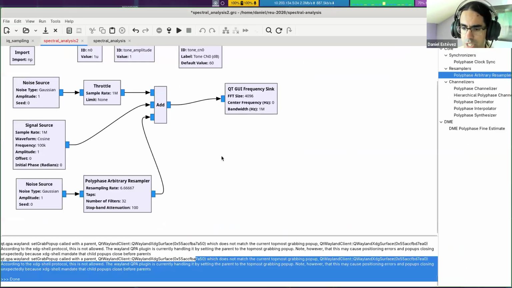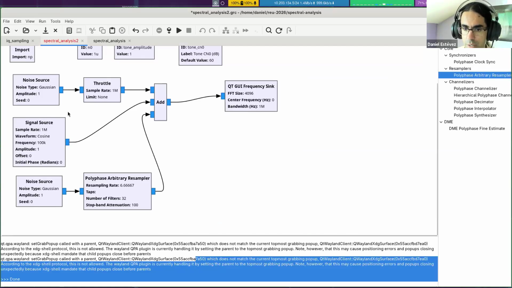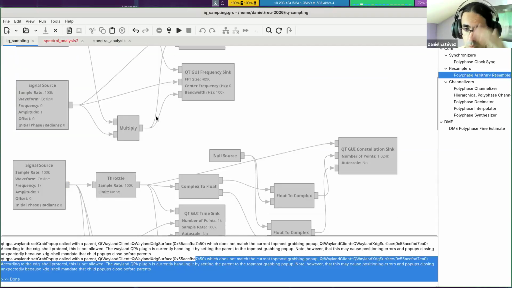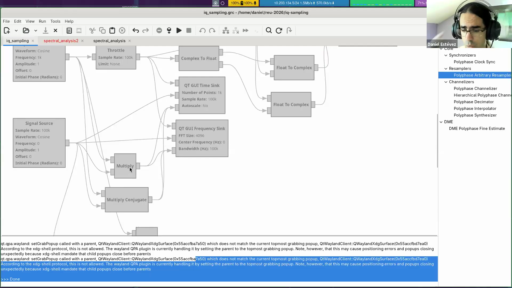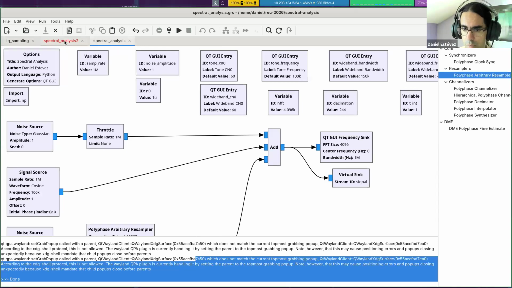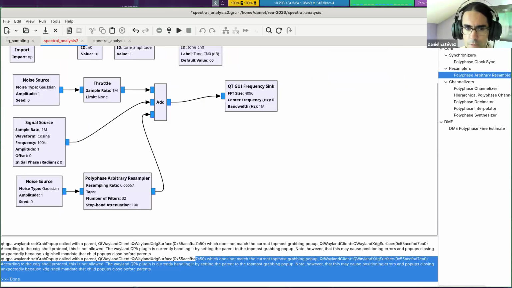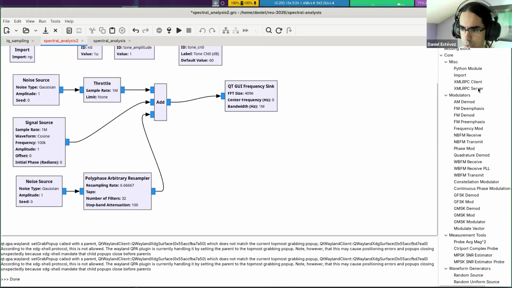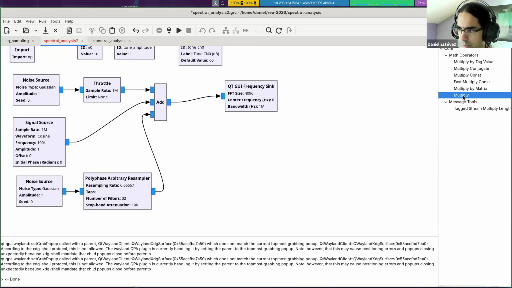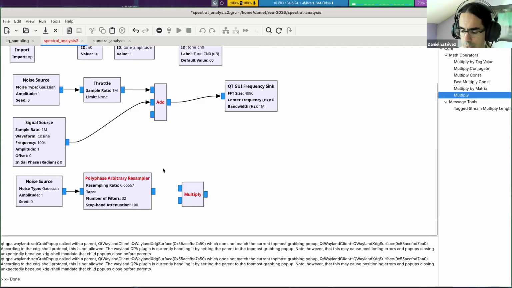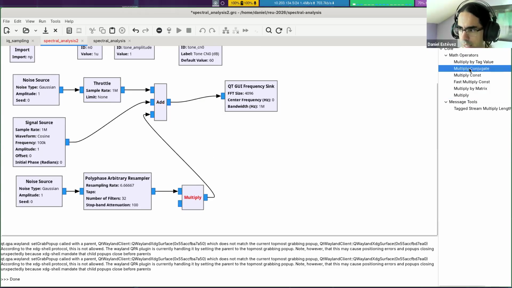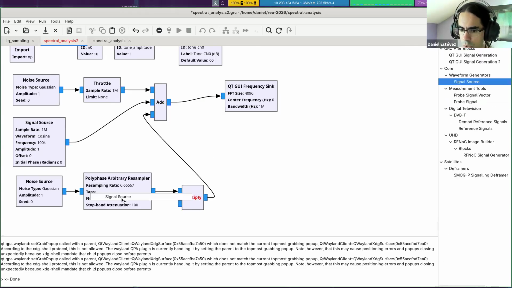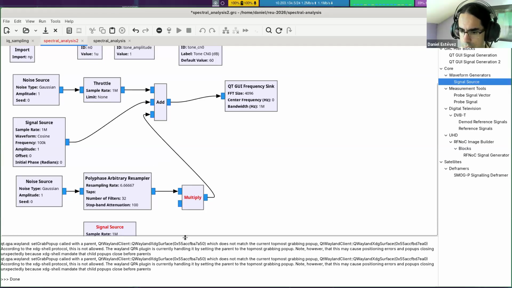And there is a way to do it, which is, we essentially know how we saw it here. So it's with this multiply conjugate with a signal source. And that's what I'm going to build in here. I think that's what I have on the original flow graph. Yep, that's the same. So multiply, and in this case, it's multiply rather than multiply conjugate, the operation, which is